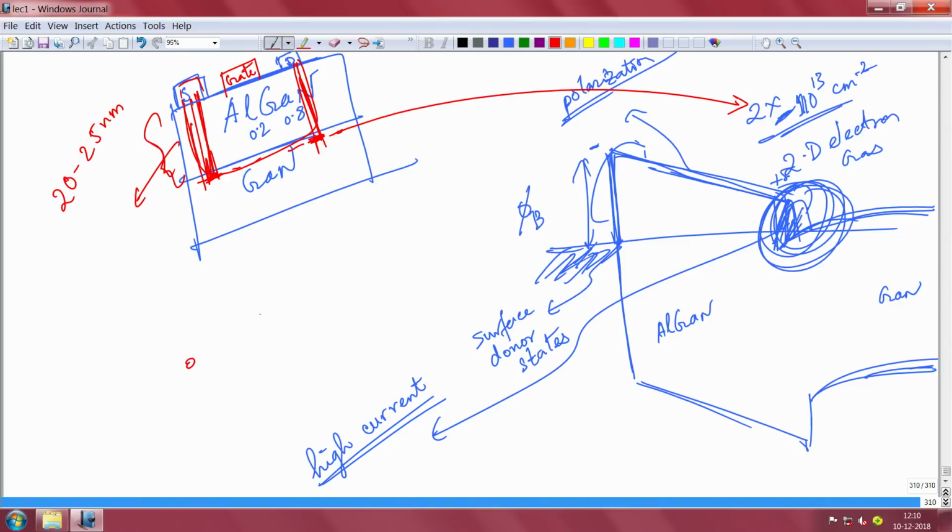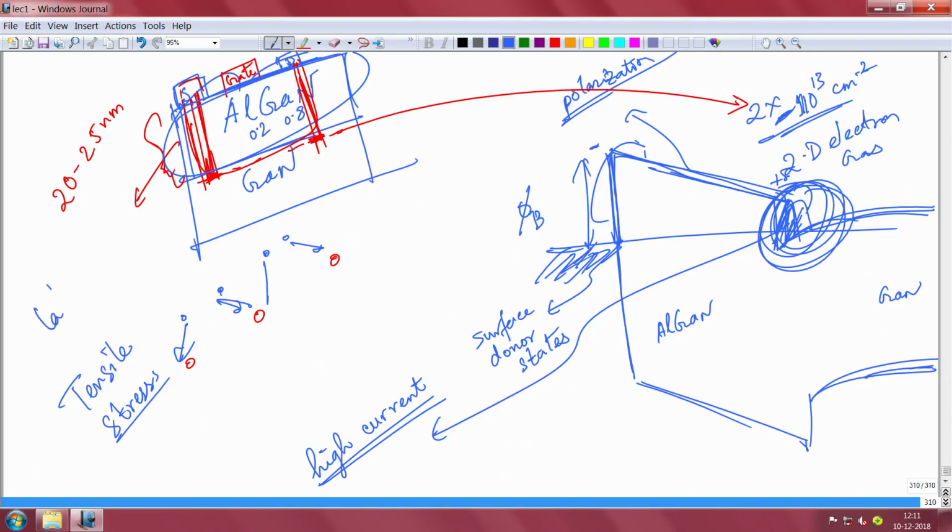So if gallium nitride is like this, spacing of the atoms, okay, then aluminum nitride is actually smaller. So when you grow aluminum gallium nitride on gallium nitride, it tries to mimic, so there is a stress, it's called a tensile stress, because your aluminum gallium nitride atoms of this layer are pulled outside to accommodate to the gallium nitride below, and because of this stress, there is a strain, because of the lattice mismatch,